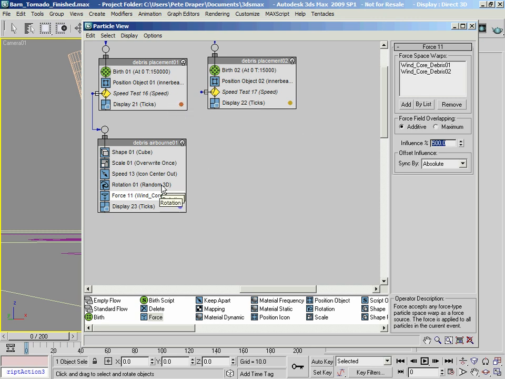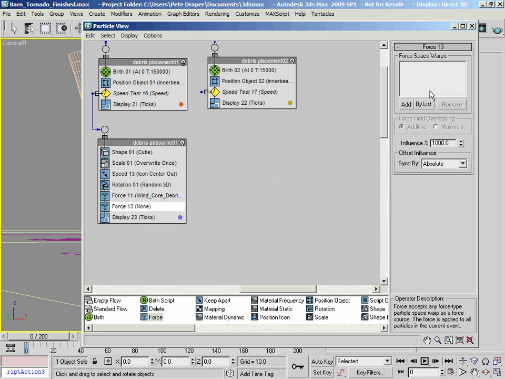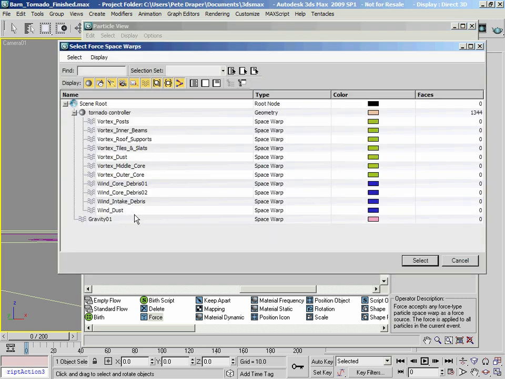Okay, and then one last space warp to drop in, let's just drop that in there first. And the space warp that I want to drop in is the vortex dust.